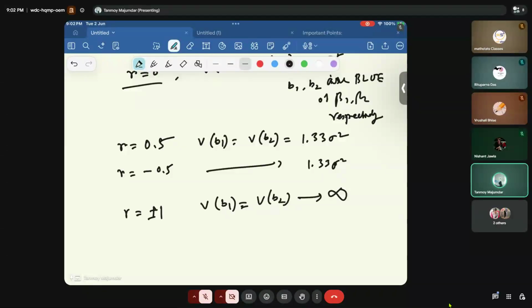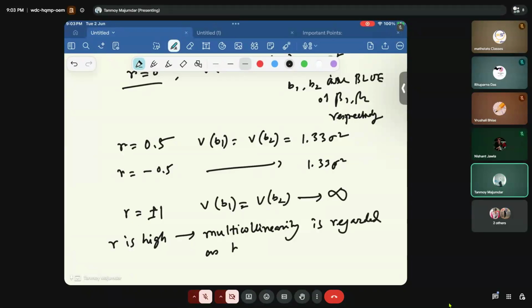So when r is high, that means multicollinearity is regarded as harmful. Okay, so when r is low, that means the multicollinearity is not harmful. When r is high, the multicollinearity is harmful. Okay,